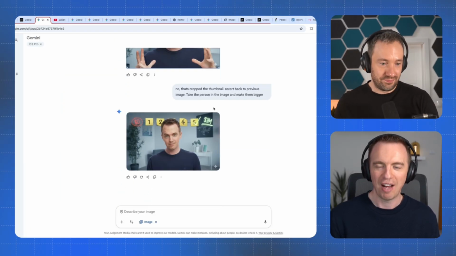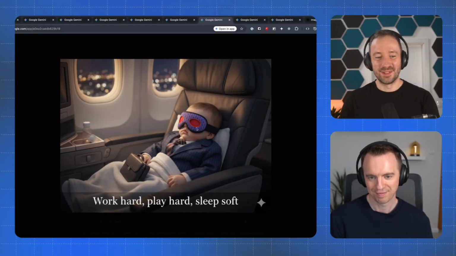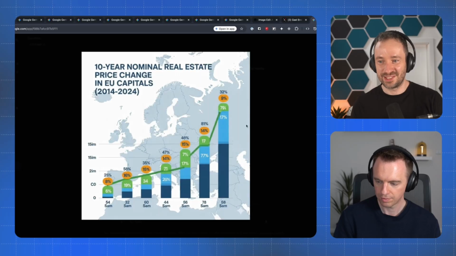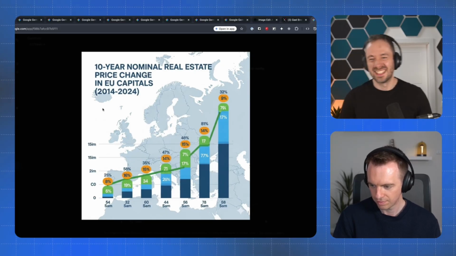Yes, it's a notable leap forward, especially for editing lifelike faces or text on images. But here's what everyone else is not telling you. It still makes basic errors a human would never in a million years make. It struggles with context after just a few editing rounds, and it definitely is not ready to replace your graphic